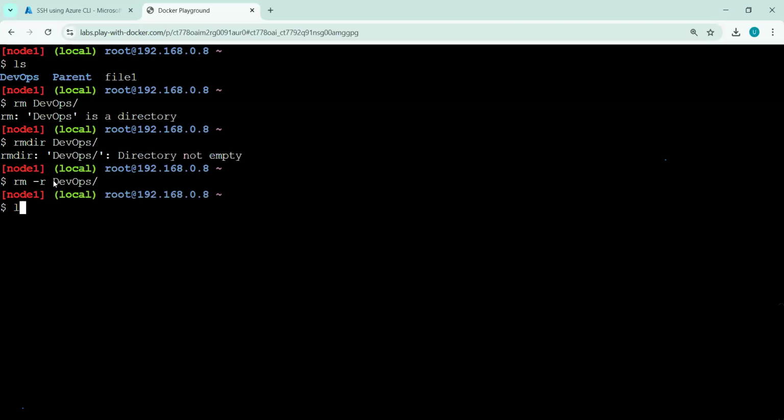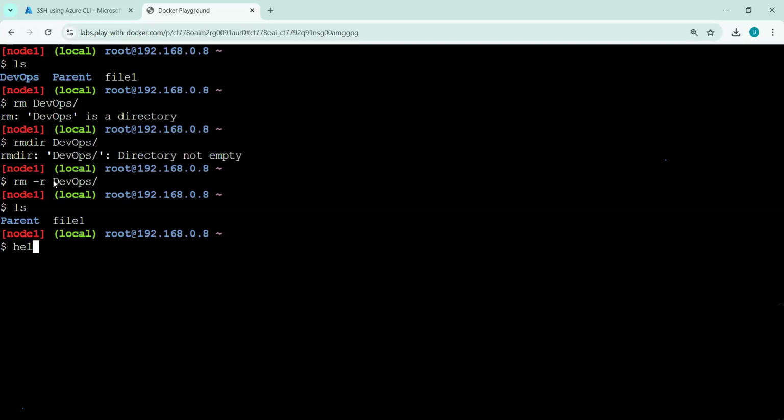So now if I do ls, you can see there is no DevOps directory available. And here in Linux, there is no concept called a recycle bin like Windows. If you delete the files, it is deleted. So make sure while you are deleting. Okay. So now here we learned today how to create a parent directory or multiple directories at the same time. We learned how to toggle between multiple directories, and we have learned how to remove files and how to remove the directories.